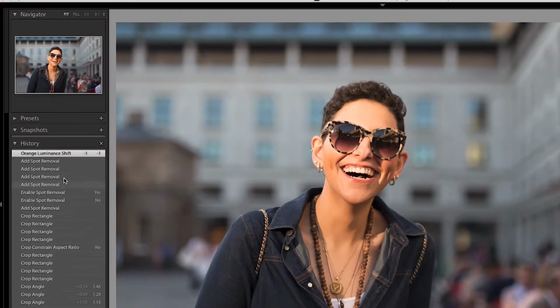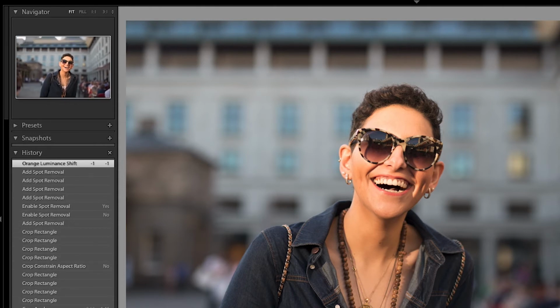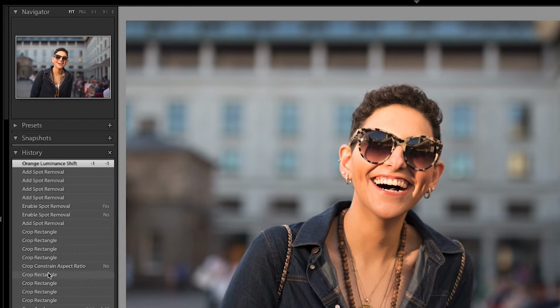Now, we talked about the history panel here, and as you can see, it's a quick way for me. If I start toggling, just hovering the mouse, it will show me on the top right here how the image looked before. And I can definitely jump in between these steps, which is really powerful because I can go back to my previous steps. But what if I wanted to make some changes to the image and maybe experiment with other changes and then compare those two?